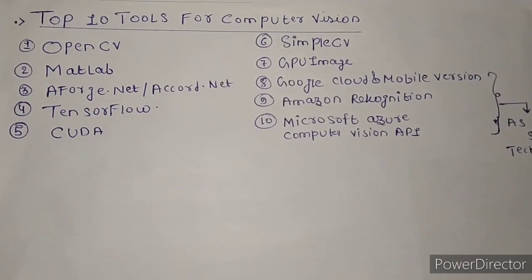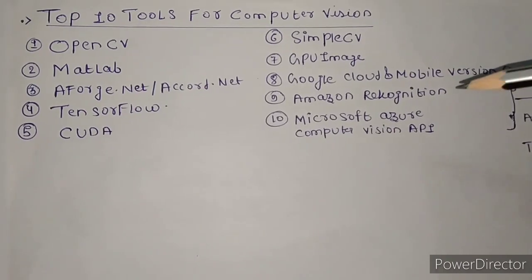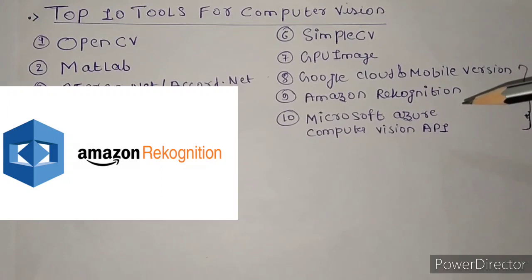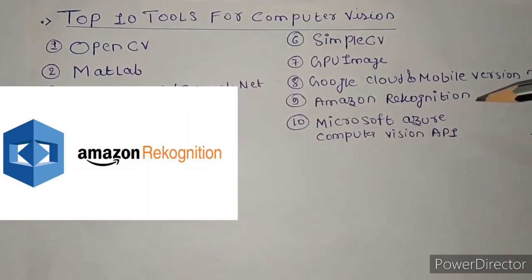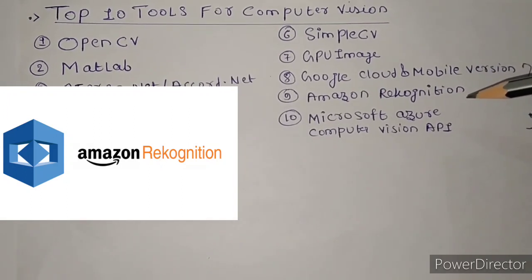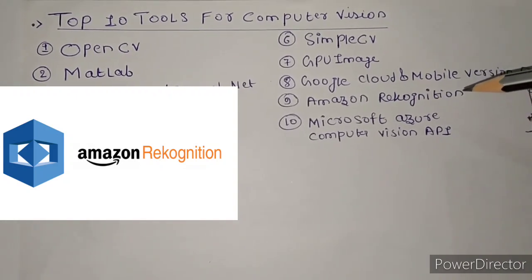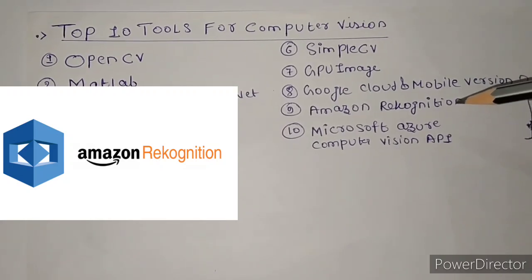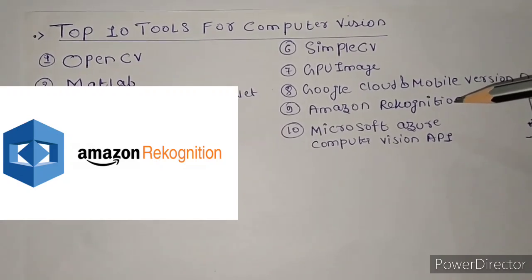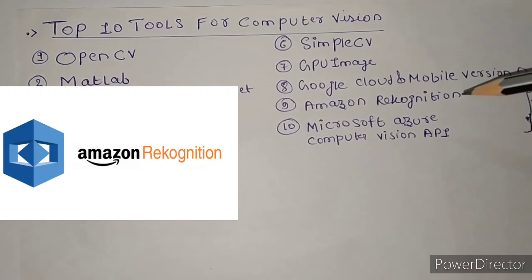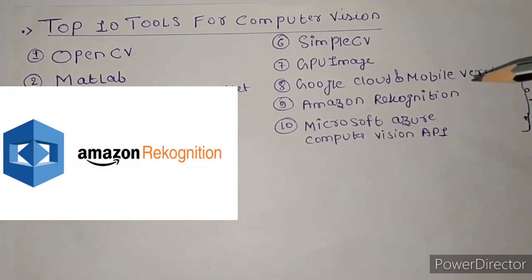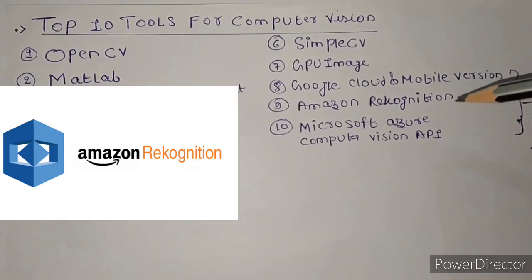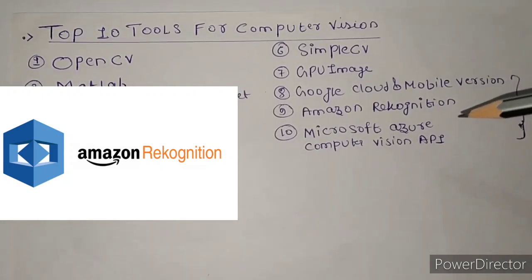So here comes another one given by another tech giant, that is Amazon Rekognition. It's a deep learning based image and video analysis service that makes adding image and video analysis to your application just as simple as eating dal and rice. This service can identify objects, text, people and many more things. It basically uses Amazon DeepLens, and there are many products given by Amazon where you can perform computer vision in a short span of time.